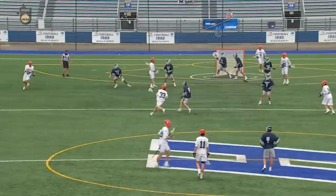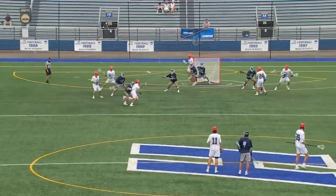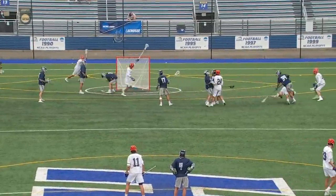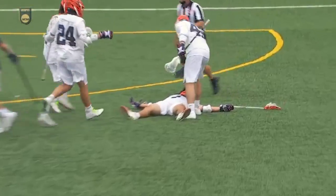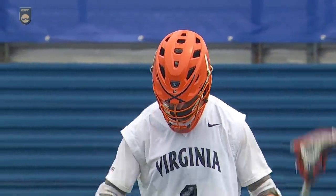One in white is doing, there's no patterns in his game. He's playing from up top. He's playing from behind. He's dodging and shooting on the run. I've seen him spray it from the outside. You saw him break a defender down with a quick step from behind in his prior goal, and now